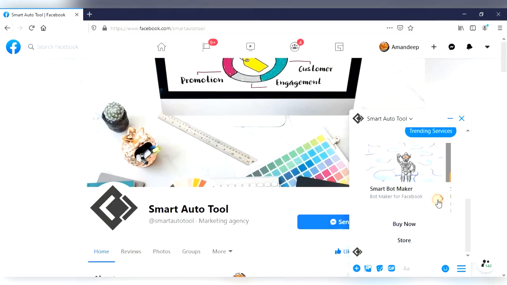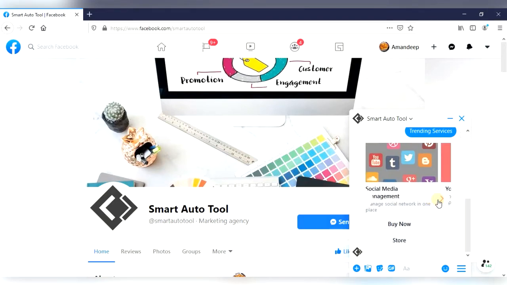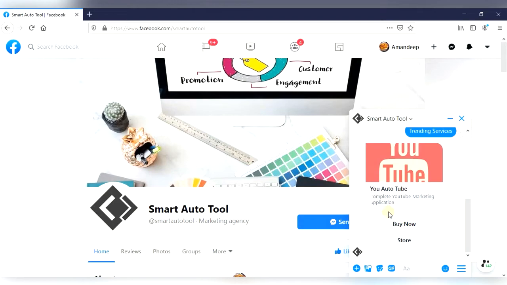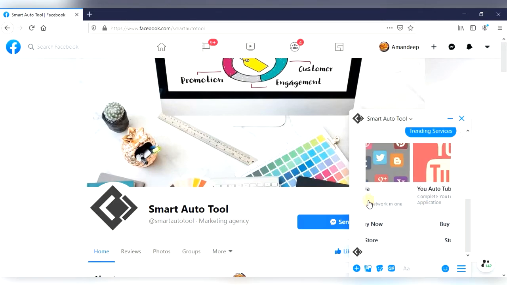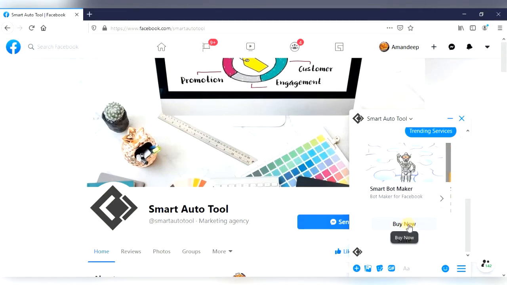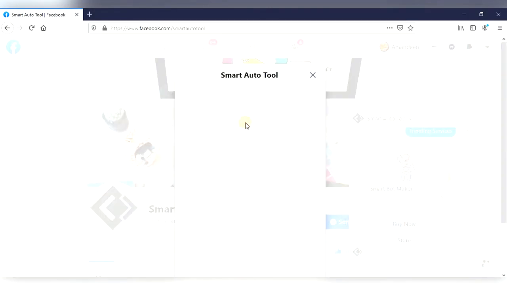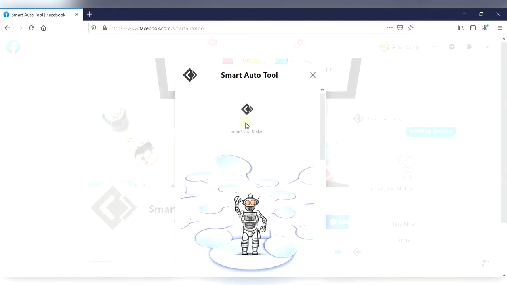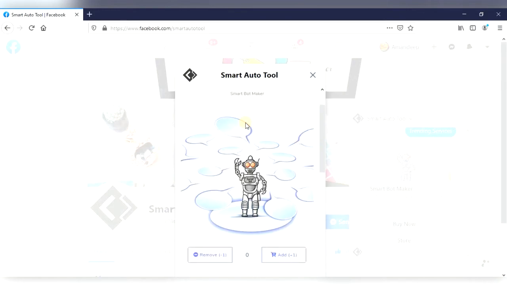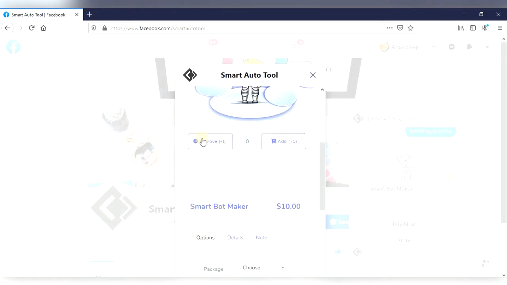The first ones are smart board maker, social media management, and UAutoTuber. So first we click on buy now. The web view is opening. Here you can see the product.